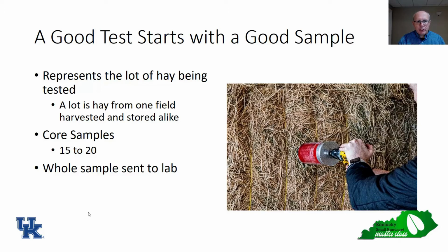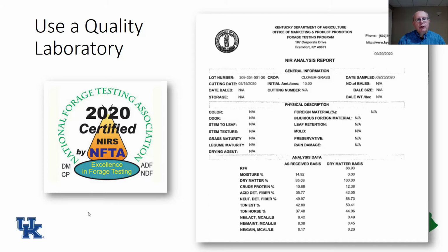Now, a good test starts with a good sample. A good sample represents the lot of hay being tested, and a lot of hay is from one field that is harvested and stored alike. We want to core those bales from the end of the bales, or the round side of a round bale, and we want to take 15 to 20 cores and composite those together and send that whole sample to the laboratory. We want to use a quality laboratory, in this case certified by the National Forage Testing Association,